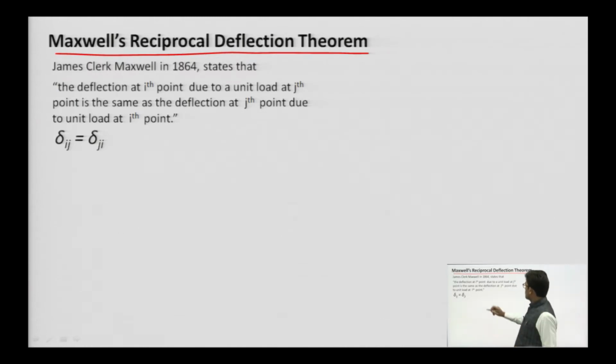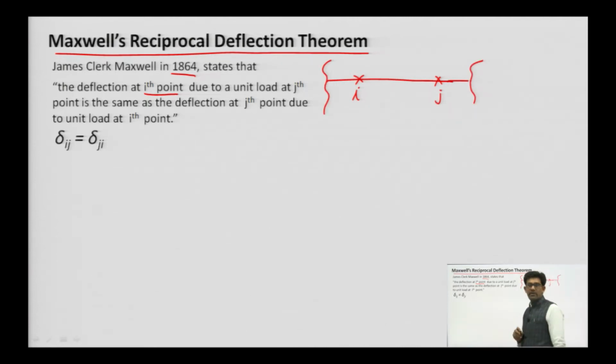That theorem was proposed in 1864. The theorem is that the deflection at the ith point due to a unit load at the jth point. Let me mark this as i, and let me define this one as j. This is any part of the structure. So, the deflection at the ith point due to a unit load means